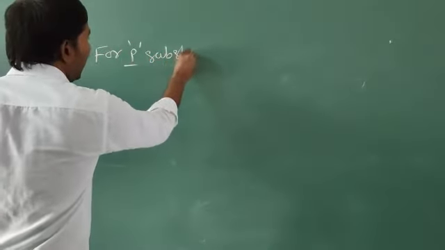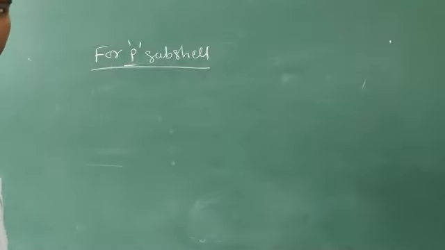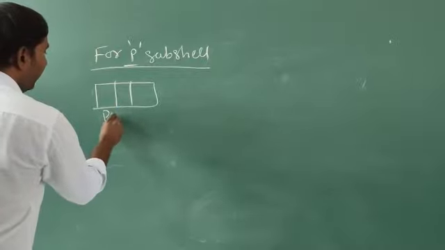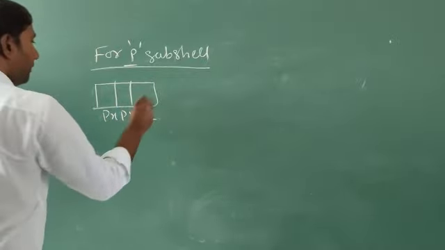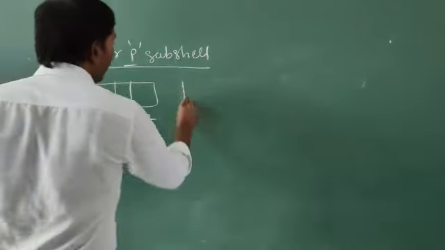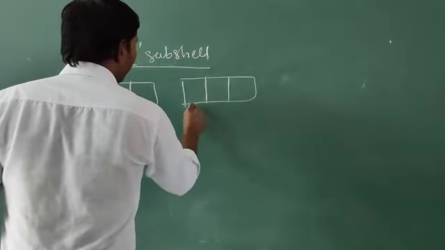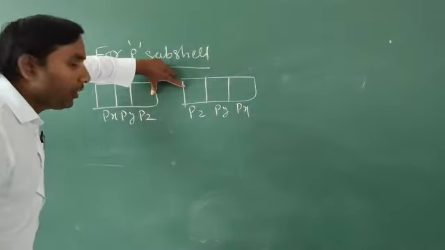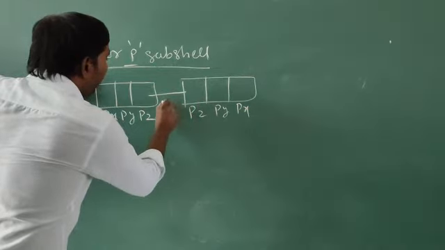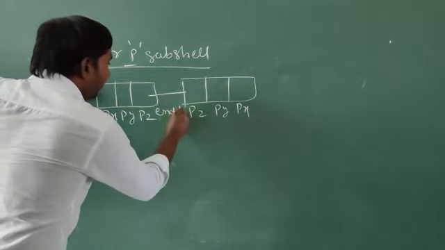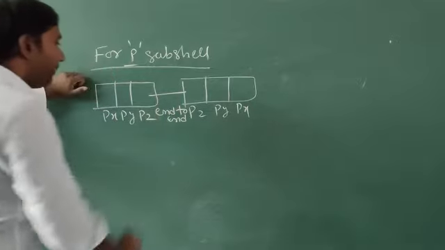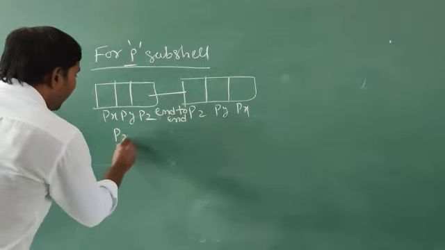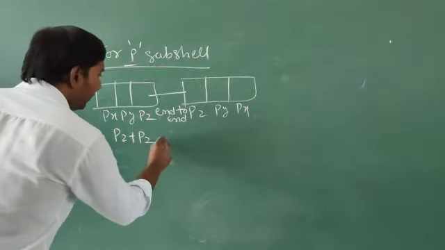For the P subshell, listen. The P subshell has three orbitals: Px, Py, Pz. Take Pz with Pz: end-to-end overlapping formation. That's why, with Pz plus Pz atomic orbital formation,